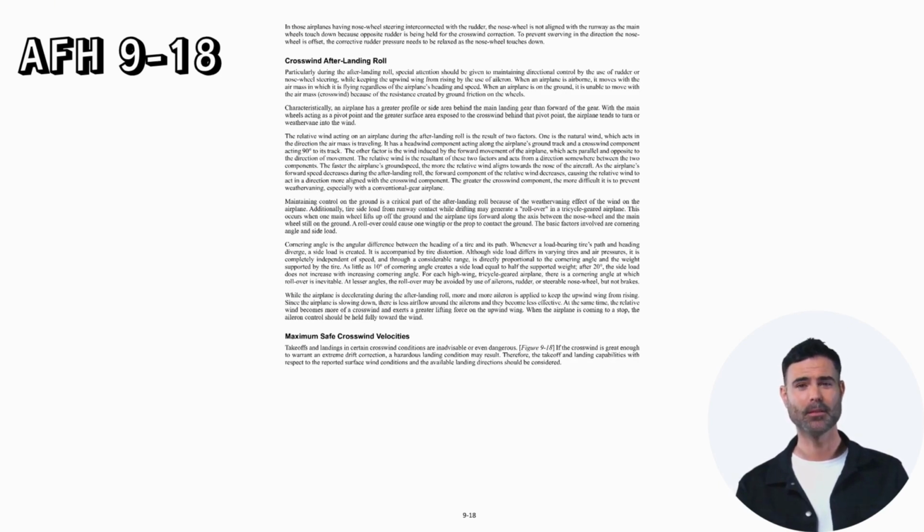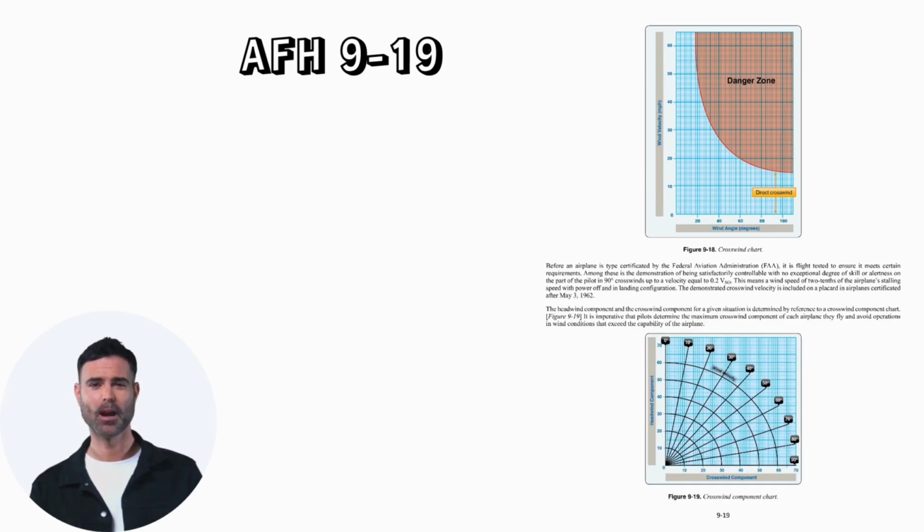Maximum safe crosswind velocities. Takeoffs and landings in certain crosswind conditions are inadvisable or even dangerous. If the crosswind is great enough to warrant an extreme drift correction, a hazardous landing condition may result. Therefore, the takeoff and landing capabilities with respect to the reported surface wind conditions and the available landing directions should be considered. Before an airplane is type certificated by the Federal Aviation Administration (FAA), it is flight tested to ensure it meets certain requirements. Among these is the demonstration of being satisfactorily controllable with no exceptional degree of skill or alertness on the part of the pilot